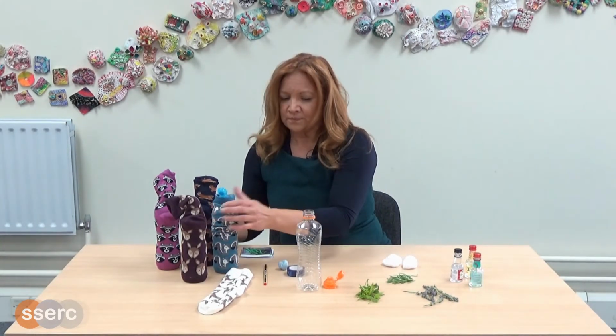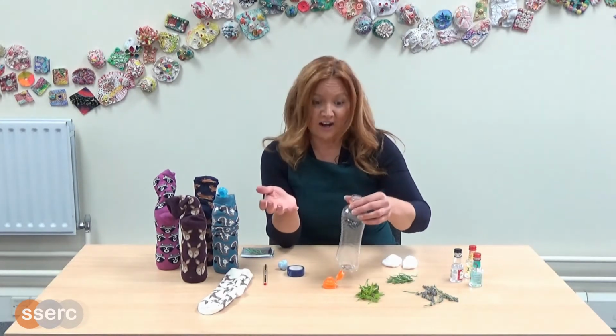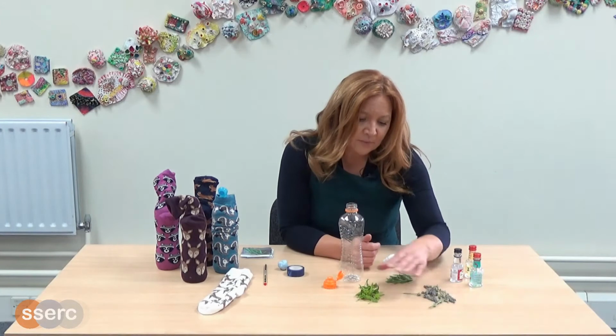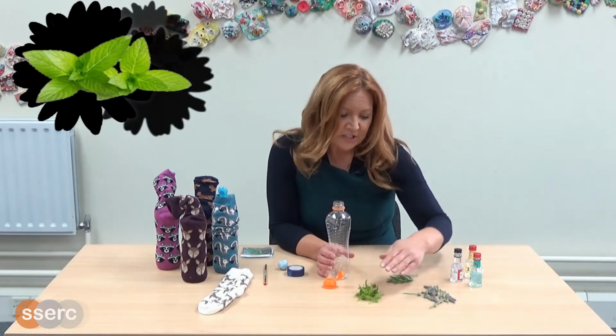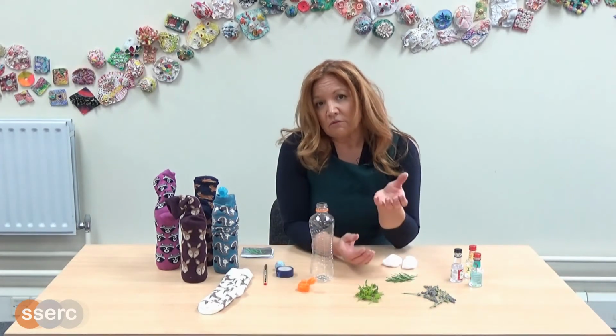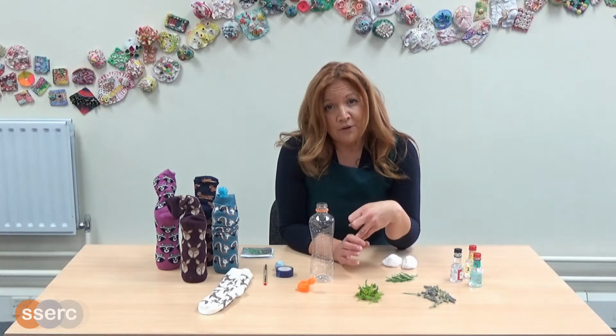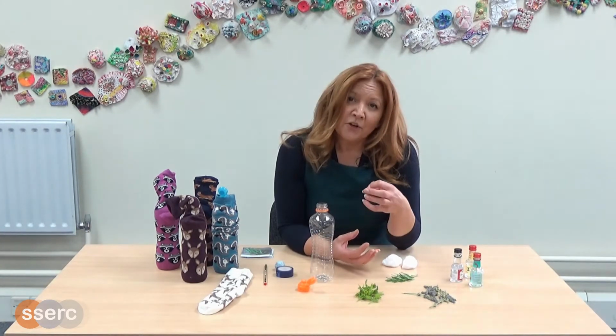So, to make our bottle, we're going to take our bottle nice and clean and washed out and dry. I've got some items here from the garden that smell nice. I've got some lavender, some mint and some rosemary. You could use fruits like orange, lemon, lime or grapefruit, strawberries. And you could also have things like